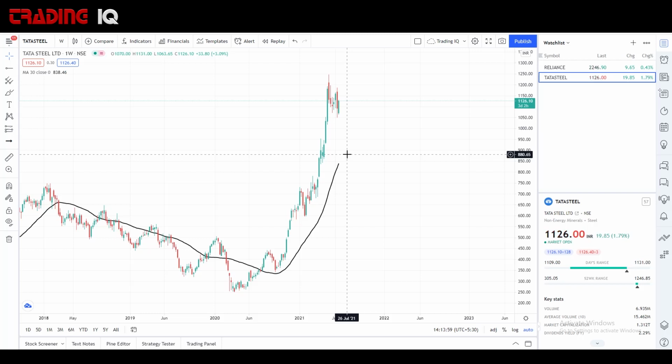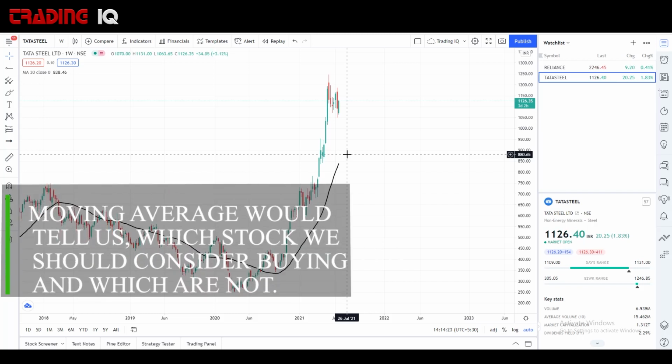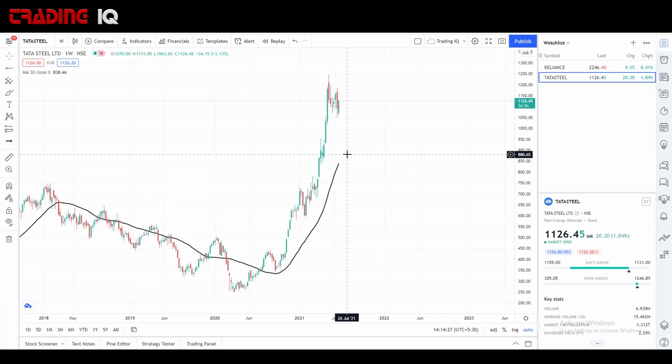And this is very significant because it tells us, just by looking at it, whether this is a buy or not. This is as important as when you're making a decision whether you would buy a stock or not. Remember, buying a stock is a decision. Of course, everyone would take that, but not to buy a stock is also a very important decision. So the moving average would tell us that this stock is a buy or this stock is not, right? This is as simple as that.